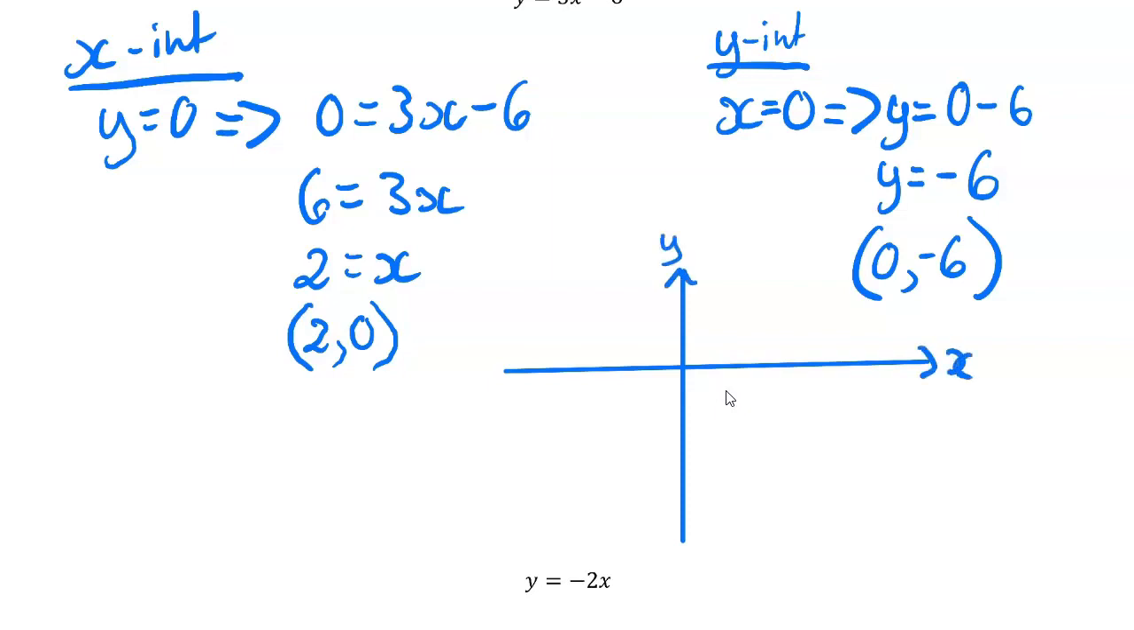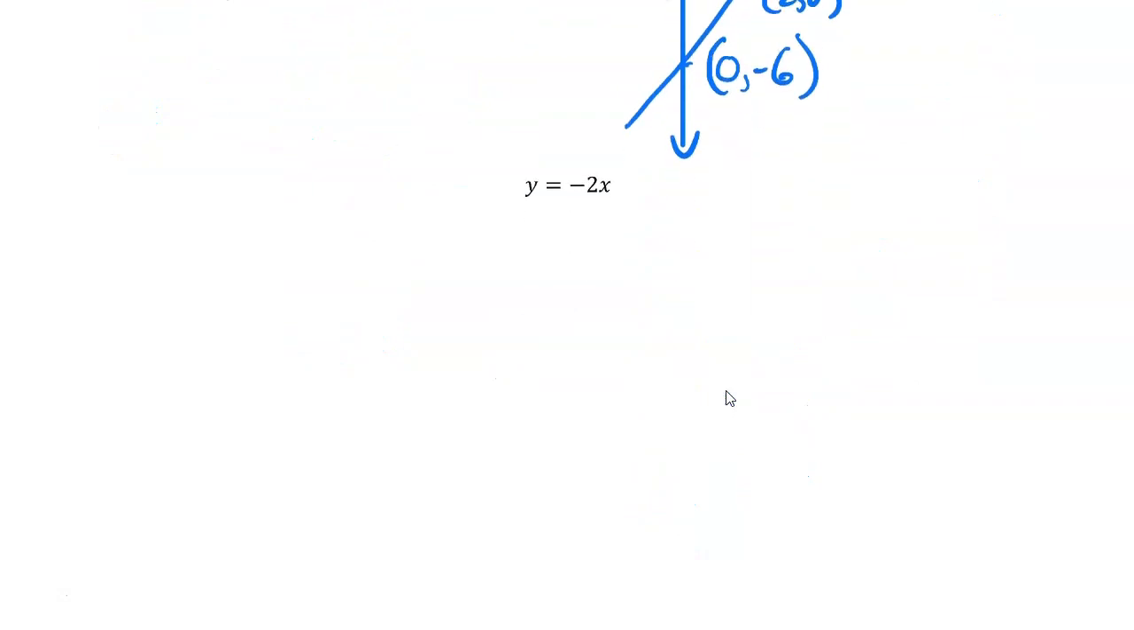Y, x. Remember, you must always label your axes and put arrows at the end. And it would look something like that. Okay, so that's 2. No, it's 0, -6, and there's 2, 0. Okay, so here